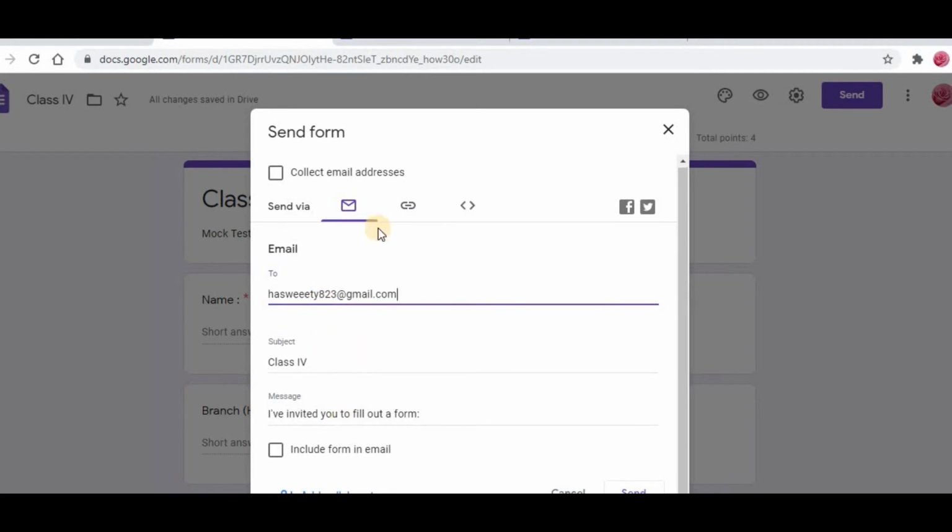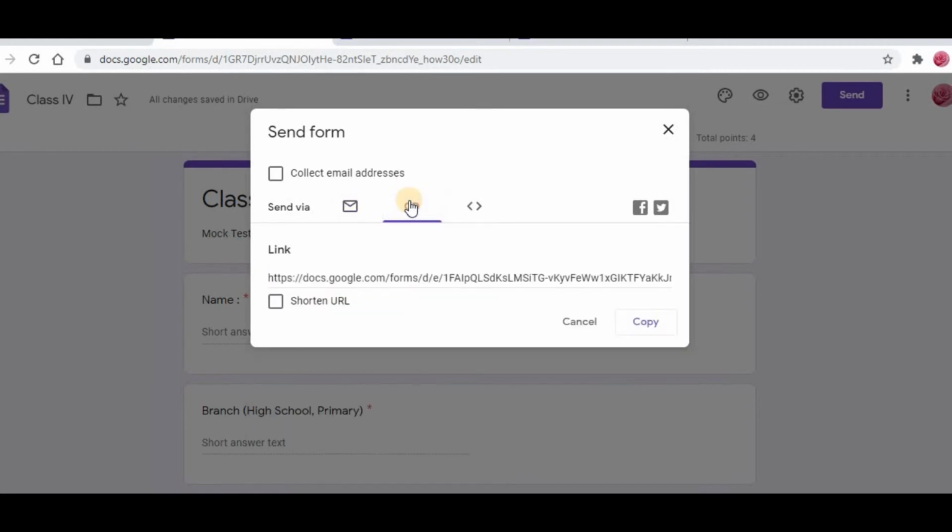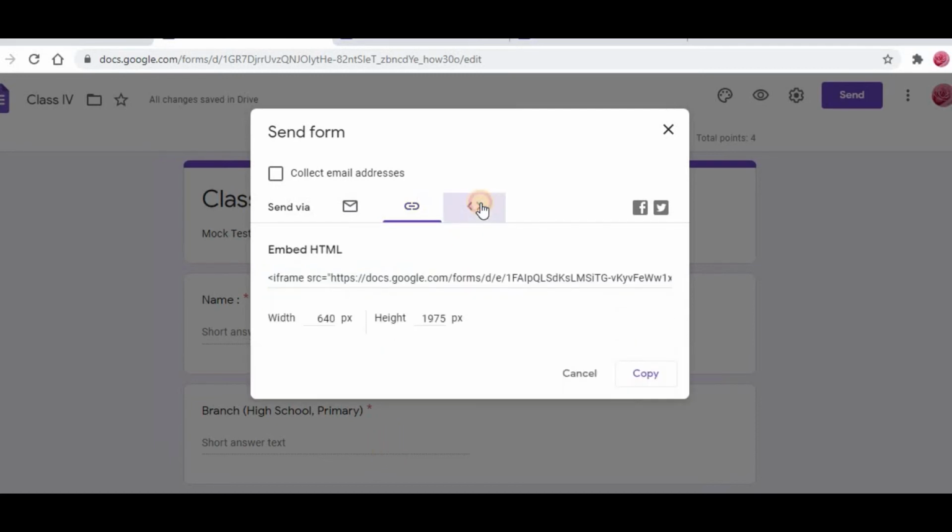And here, after sending this email, or no, I don't want any other email ID, I just want to take the link itself. If you have this big link, or otherwise here if you touch this checkbox, the link is going to be shortened very well. And see here, the computer is only giving the option of Ctrl+C from your keyboard, or otherwise you can press copy here, and you can simply paste this in your WhatsApp locations, and by this you can send this. And this is the way you are going to send.